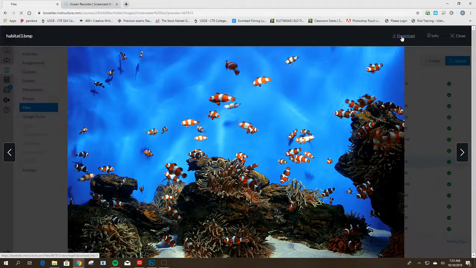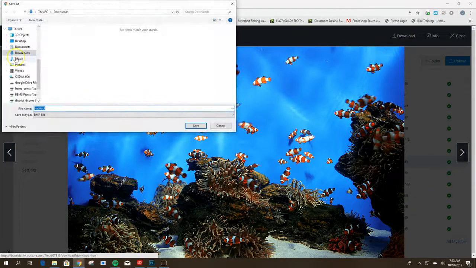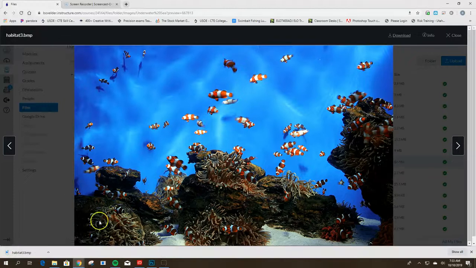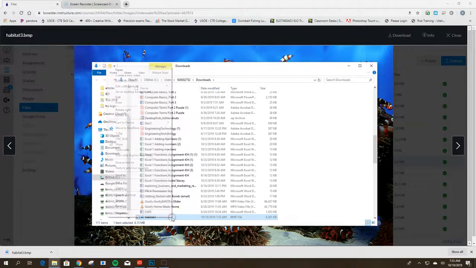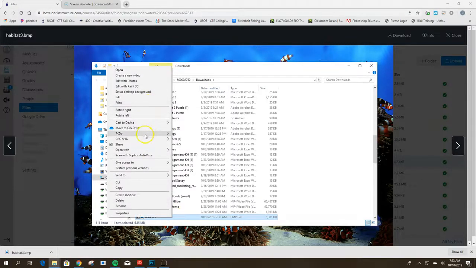So I'm going to hit download so I can download this file. I'm going to save it to my downloads. Then I'm going to click on this button and show it in the folder, so that it'll pop up here, and I can right click and open this with,